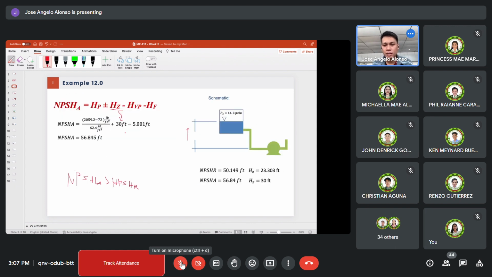Tama? Kasi nakarelate siya sa net positive suction head available sa system. So, the greater the distance, the greater the value na makukuha natin sa net positive suction head available, which is greater than the net positive suction head